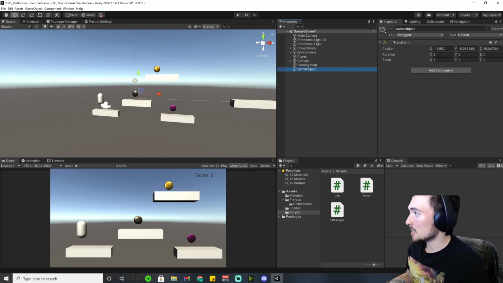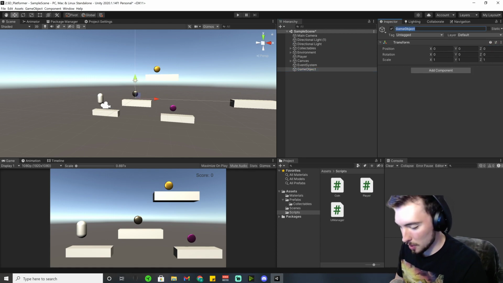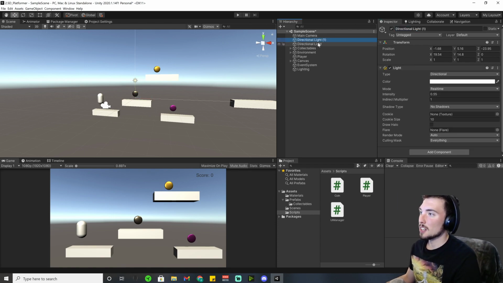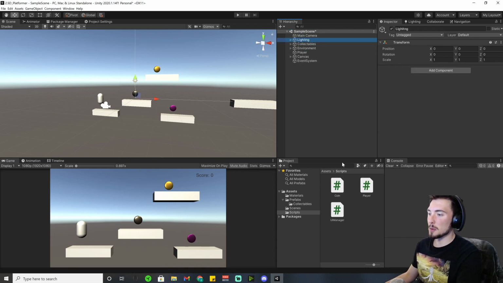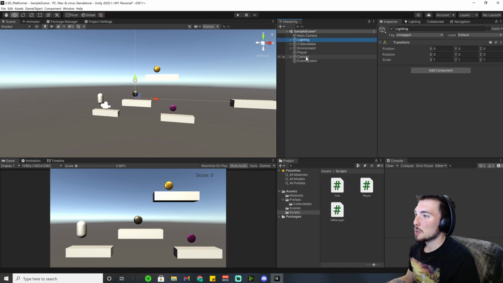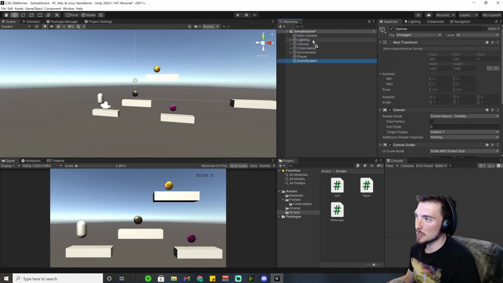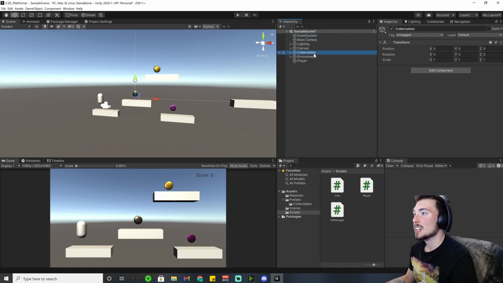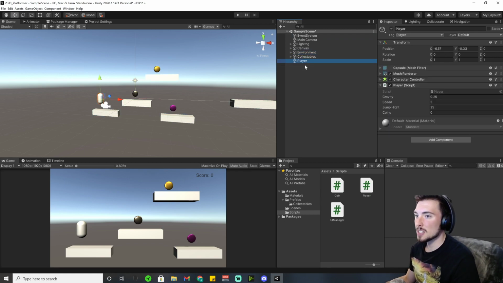Let's create an empty object here, reset the parameters, and call this lighting. We're going to take both the lighting objects that we have in the scene and put them up there. Good organization is good for smooth, quick workflow. So I'm going to put my canvas right beneath lighting, and my vent system way up at the top. We've got our collectibles, and our environment, which I'll put right beneath the canvas, and then our